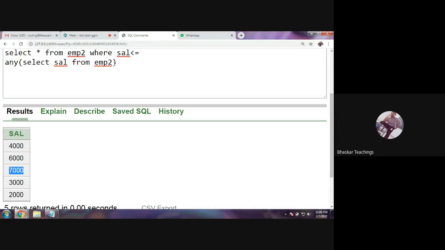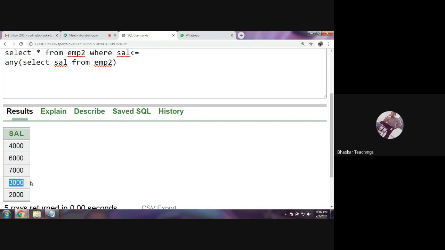7,000 is not less than, but it is equals to 7,000, equals to any of the employees' salaries. Any of them means at least one value. Yes, 7,000 is equals to itself. That means one value is true out of all these values, therefore it will display. ANY means at least one value must be true.